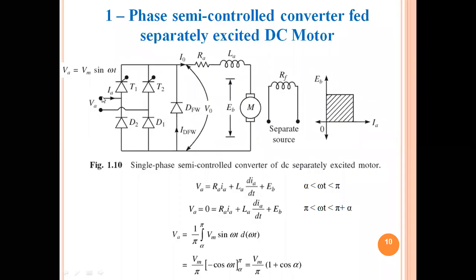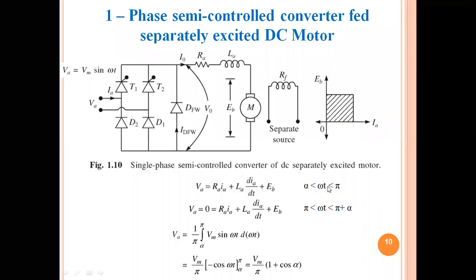Please check it carefully. Phase to thyristor T1 to RA, LA and motor to diode D1 to neutral terminal. This is how the current direction will be for the first mode, and the first mode will be from alpha